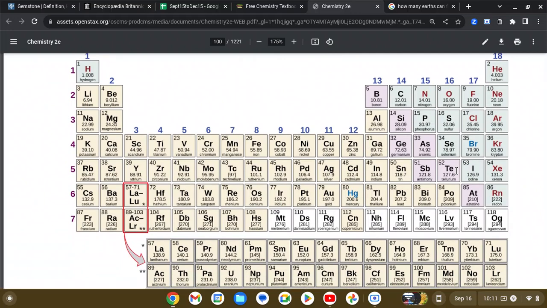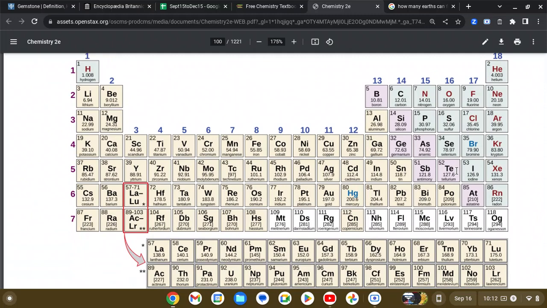I'm going to go ahead and just read it real quick. Hydrogen, helium, and it's read in row order. So row 1 is hydrogen, helium. Row 2, lithium, beryllium, boron, carbon, nitrogen, oxygen, fluorine, neon. Row 3 is sodium, magnesium, aluminum, silicon, phosphorus, sulfur, chlorine, argon. Row 4 is potassium, calcium, scandium, titanium, vanadium, chromium, manganese, iron, cobalt, nickel, copper, zinc, gallium, germanium, arsenic, selenium, bromine,